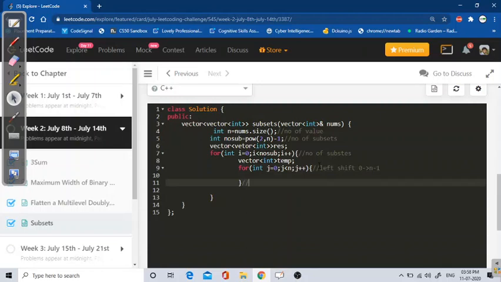And what I will do is an AND operation of i. So I check if my i AND left shift of 1 by j.